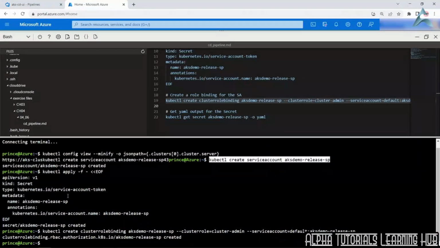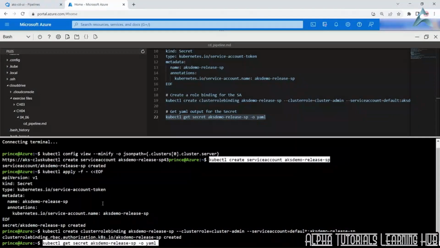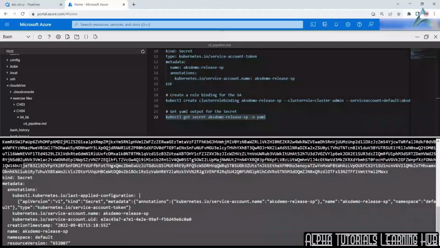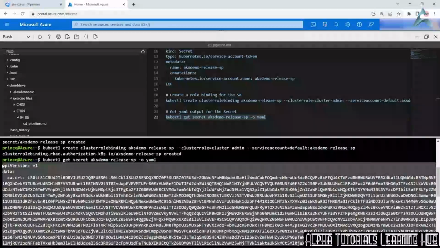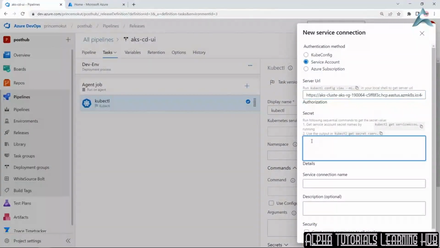Finally, let's get a detailed YAML output for the secret to establish a connection between Azure DevOps release pipeline and the AKS cluster. So copy the last command in your exercise file, Ctrl C, and paste in the CLI window, then enter. You should have an output like this, so we need to highlight everything all the way to API version, Ctrl C to copy, and back in my Azure DevOps, I'll paste this in